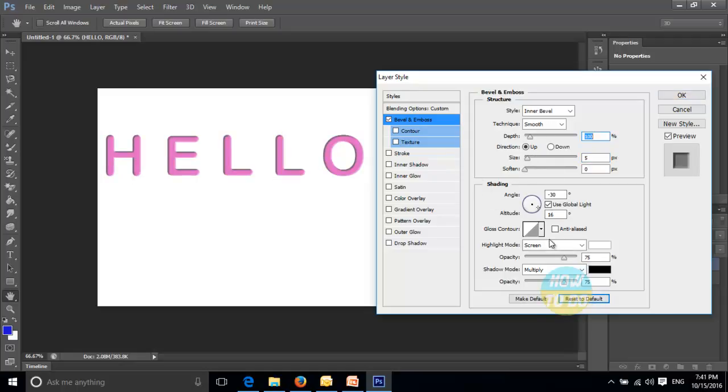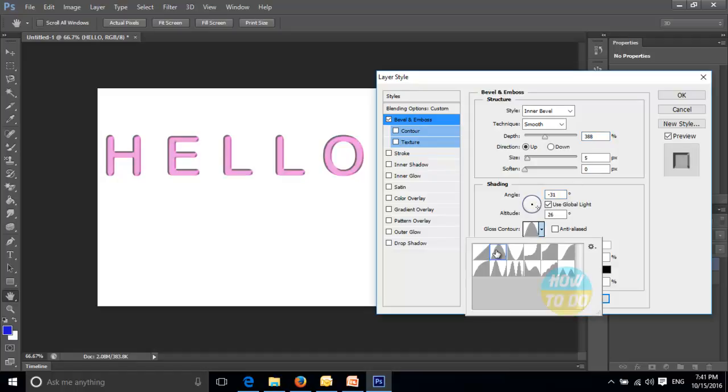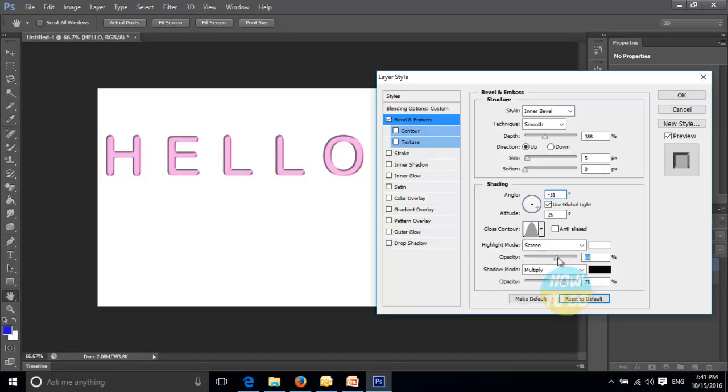Apart from that, we also have the shading options. In shading, while you're doing this, you can utilize the different styles. In contour as well, gloss contour, the opacity will again be changed. See here, you can observe the difference slightly. In this way you will be able to make the changes. If you want to change the color, you can still do it. You can observe the shadow outline has turned red. In this way we will be able to use the bevel and emboss textures.